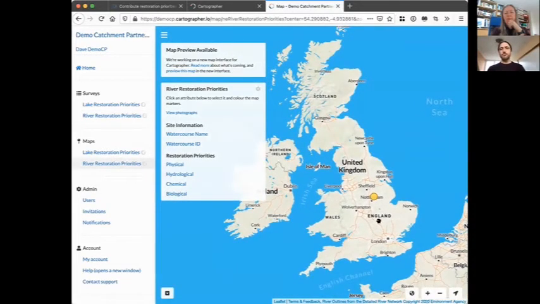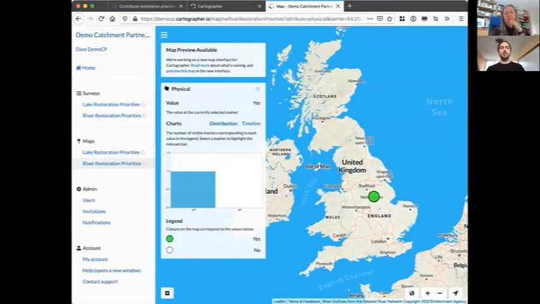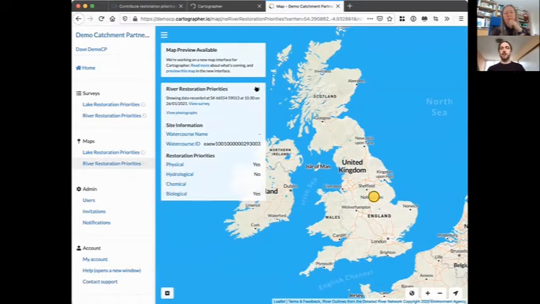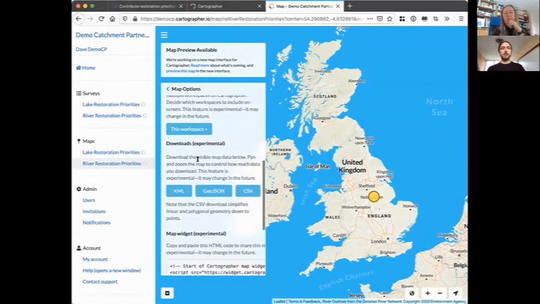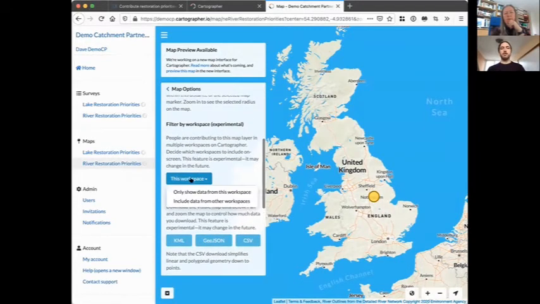So here we've got just that one priority that I put in, this sort of fake one, and you can color code things and so on. And you can also, by clicking on this little cog here, see somewhere down here it says filter by workspace, and we can include data from other workspaces, and there's Sam's priority as well. So within Cartographer, this map view just gives you a nice overview of the data, but we also take all of this stuff out and we put it into